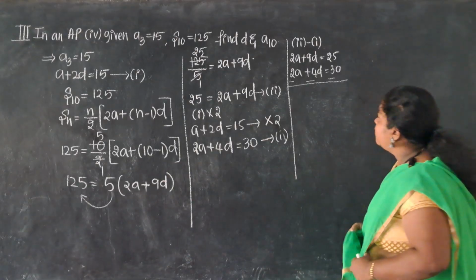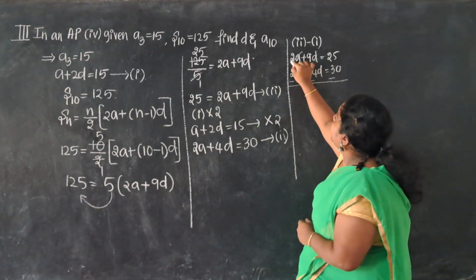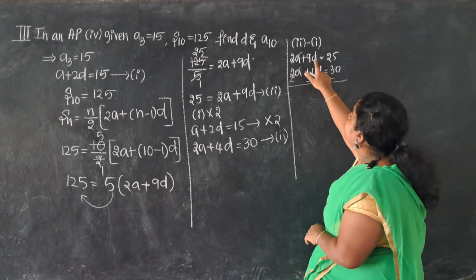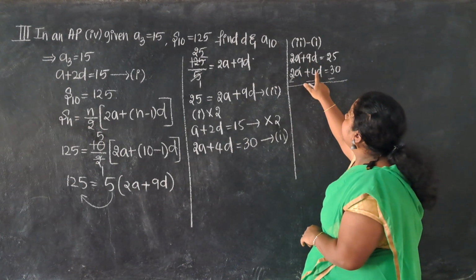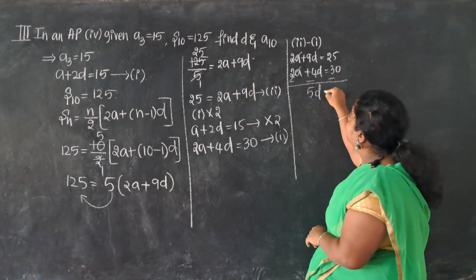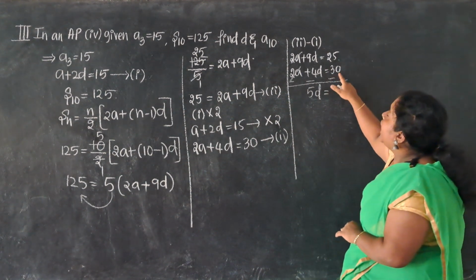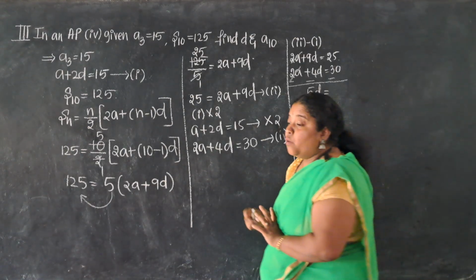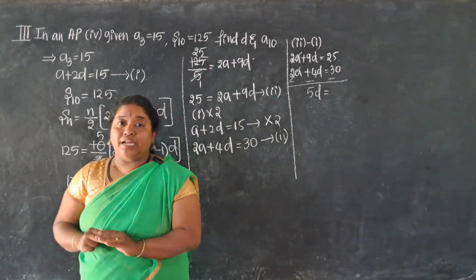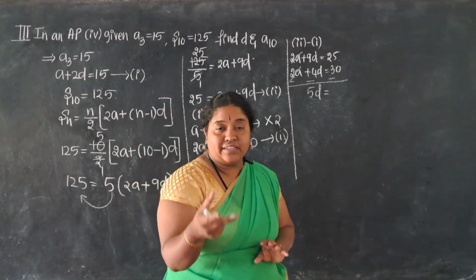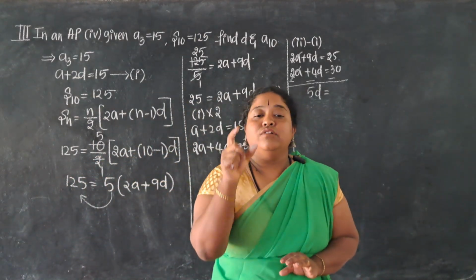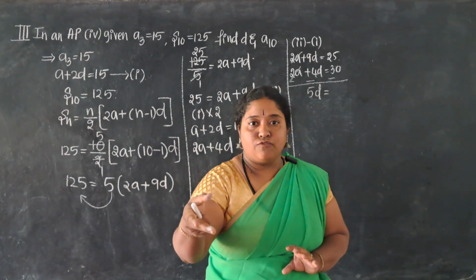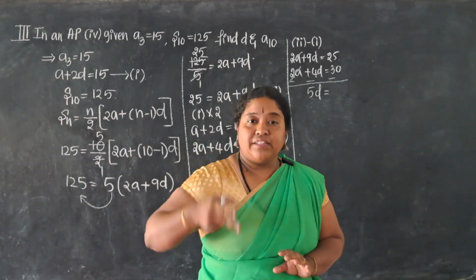Now listen to the board. See, plus 2A minus 2A got cancelled. This is what we wanted. Dears, 9D minus 4D is how much? 5D. Okay. 25 minus 30. See, one is positive and another one is negative. How should I continue? When I carry out an operation on two numbers, if one has a positive sign and the other a negative sign, I have to subtract the smaller number from the bigger number and keep the sign of the bigger number. This is the rule I should follow. We learnt this in the 7th standard.